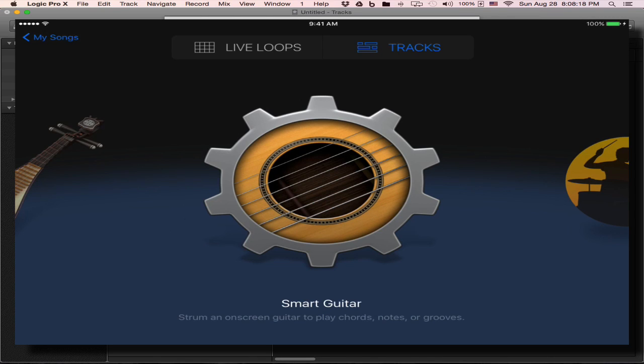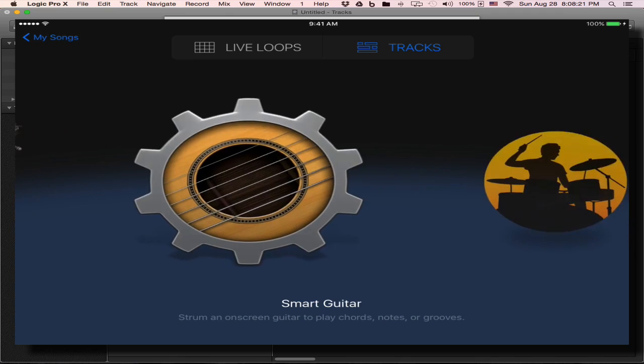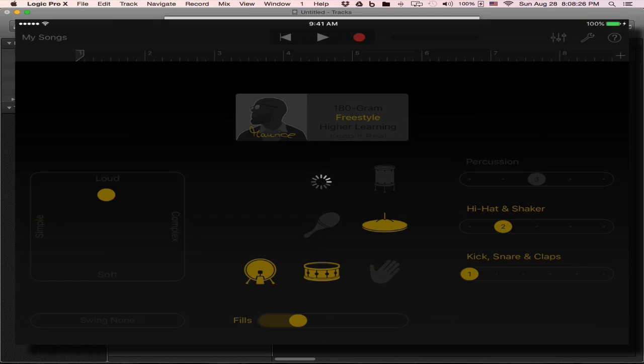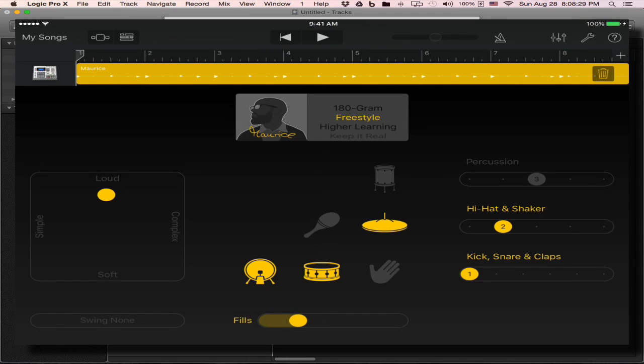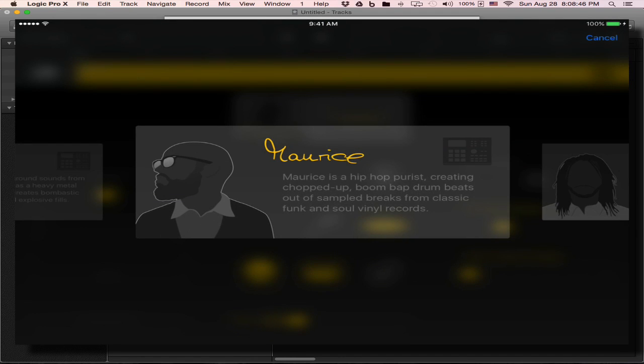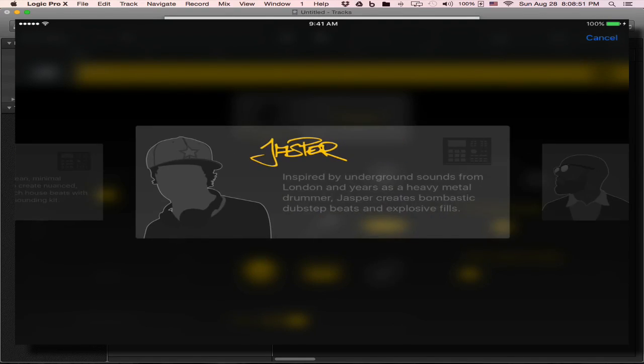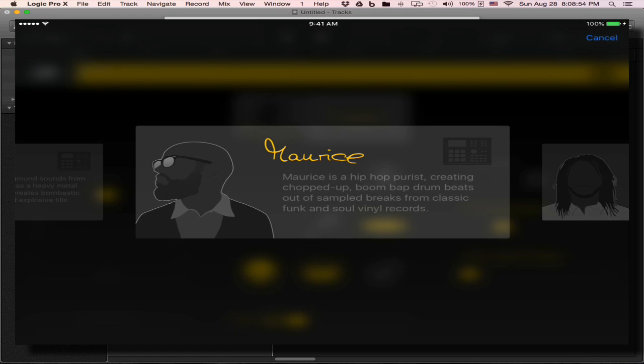And the default that I'm seeing here is a smart guitar, so I'm gonna swipe to my right and I have drummer. So when you choose that, you are presented with this screen here where I already have a drummer loaded. If I press the icon with the guy where it says Maurice, it lets me change the drummer itself, and each one is gonna have the description of what type of music it's